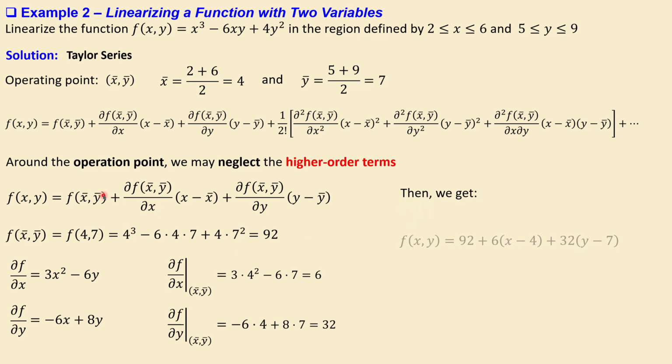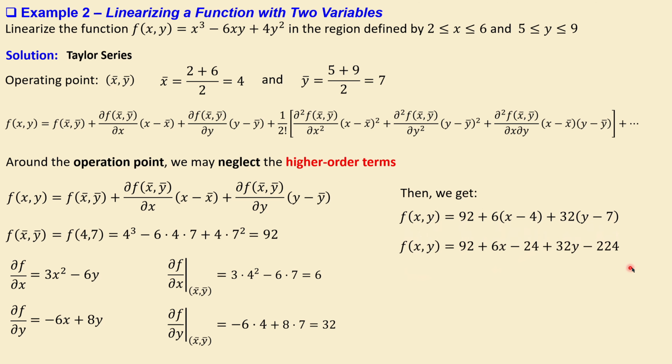Okay. Then we get the following. Since this is 4 and this is 7, we have this expression. Now if I work out the parentheses here, 6 times x, 6 times minus 4, 32 times y, 32 times minus 7, I will get this. Now even more simplification, we will get this one. So this is then our linearized function for this function of two variables using Taylor series expansion, and then specifically